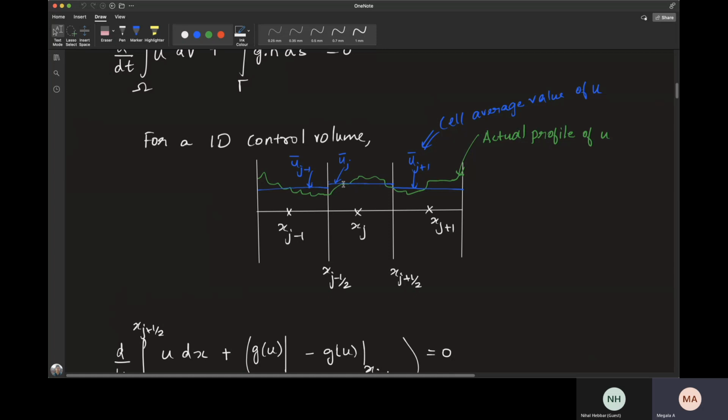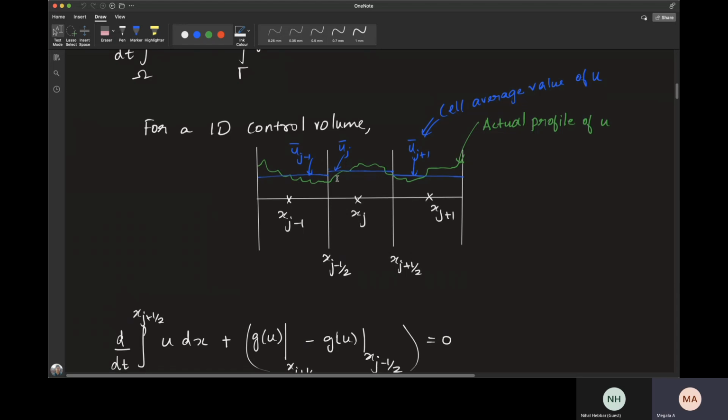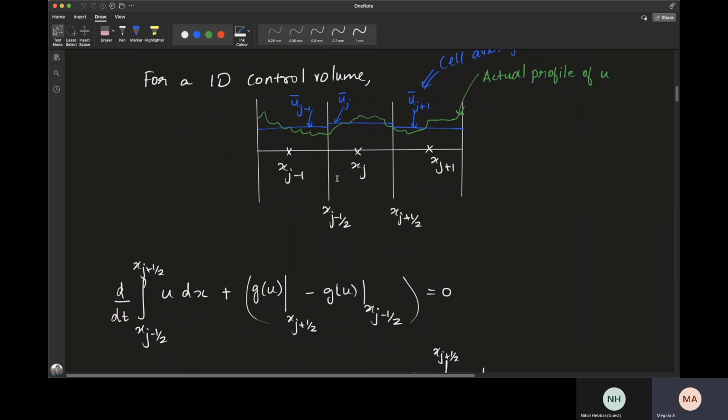So this allows for discontinuities. If we notice, these blue lines are not continuous. These are like step functions only. We have some discontinuities at the cell interfaces because we are taking the average of the value of u in that cell. Then it will be just some constant value, but in the next cell it will obviously be some different constant value in most cases. So you will have some discontinuity coming there at the cell interface. This is the construction for the 1D control volume.